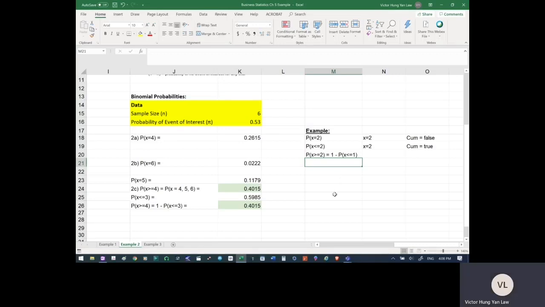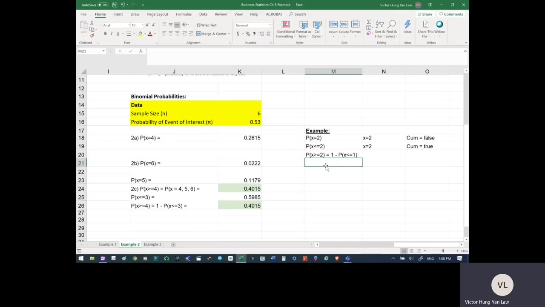It doesn't take the cumulative probability from the right side to the x. The cumulative function only takes the probability from the left side all the way to the x value. That's what you need to know in terms of how Excel works. So in order for us to find out the probability of x is greater than or equal to 2, what